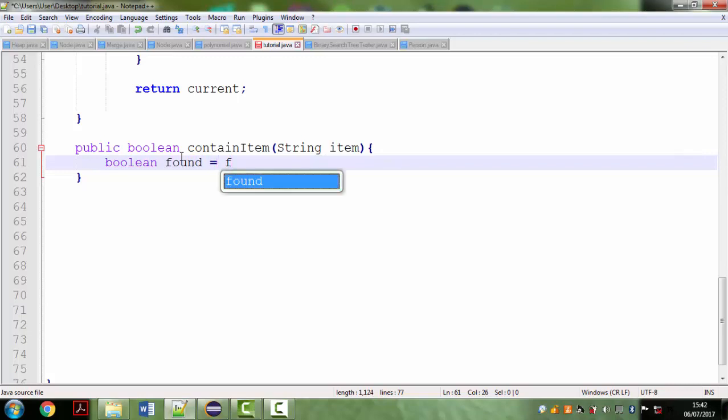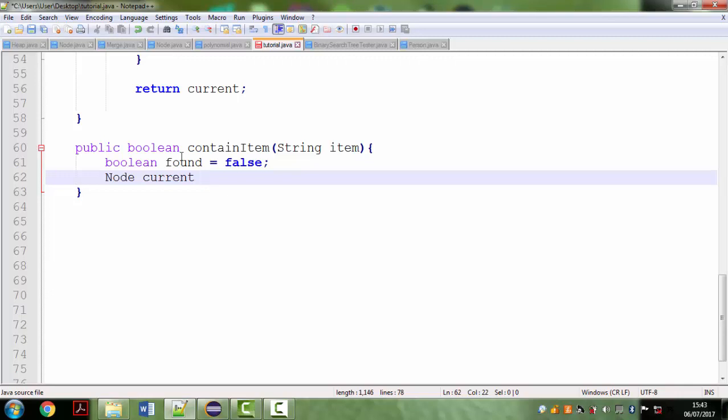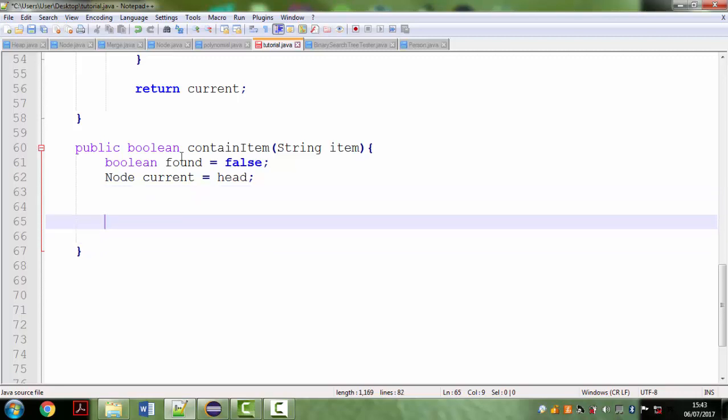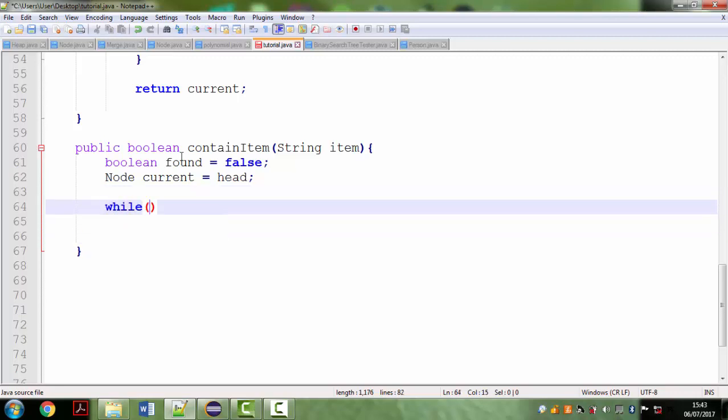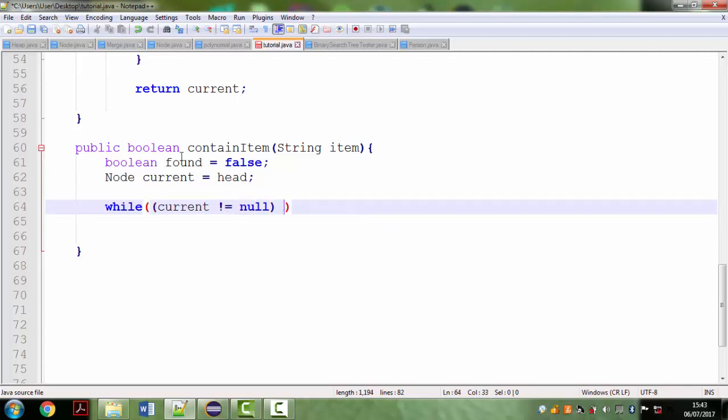If we find the item, we'll obviously change this to true. So found is equal to false. Node current is equal to our head. Then we'll have a while statement, which states while current is not equal to null, and this is our statement which allows us to break in and out of our while loop, so while found is equal to false,